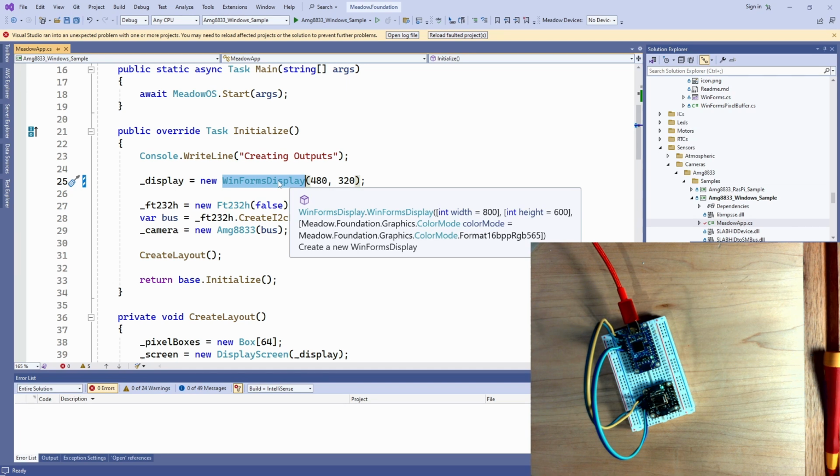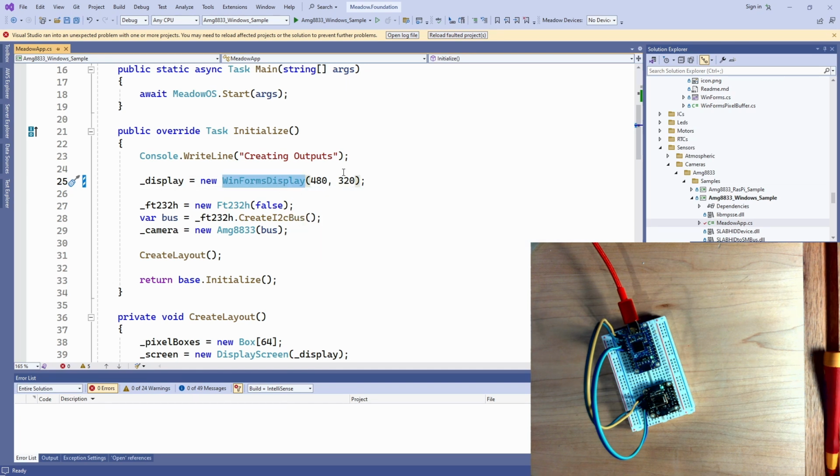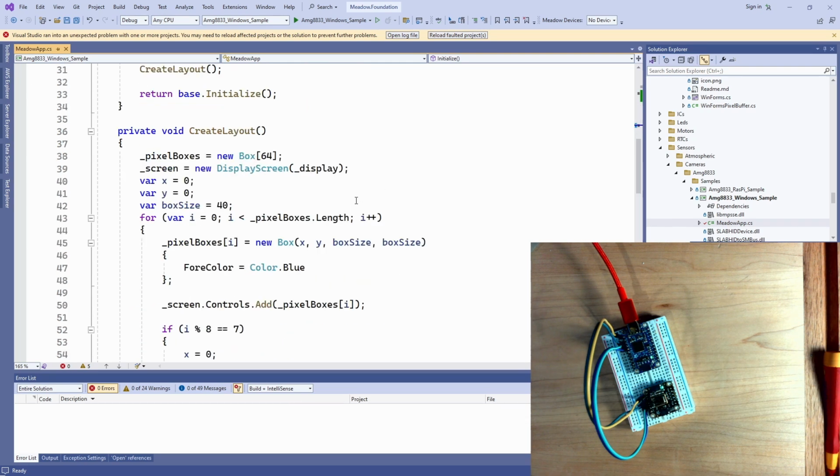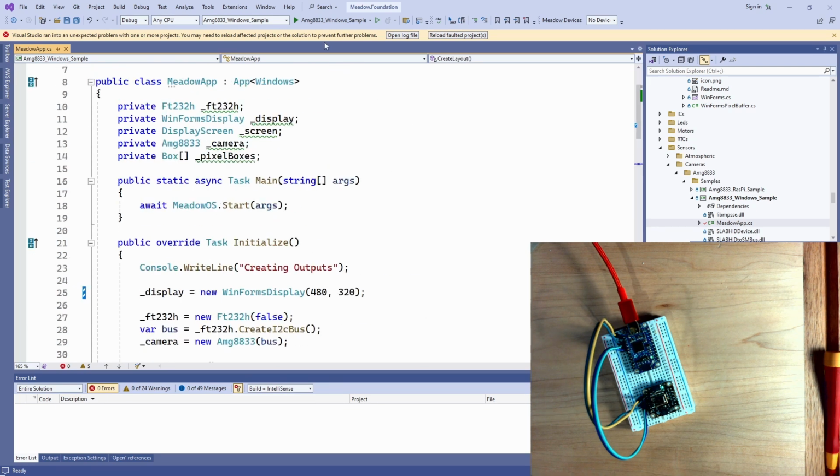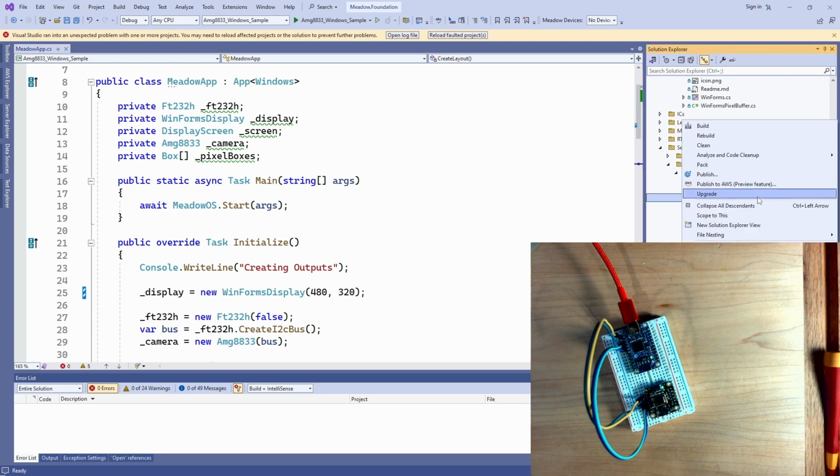So I've got a WinForms display. This is just going to create a window that is 480 by 320. The reason for that size will be apparent here in a few. But then I just create that 64 by 64 grid on it, and each one of the boxes is 40 pixels by 40 pixels. So if I then run this application,